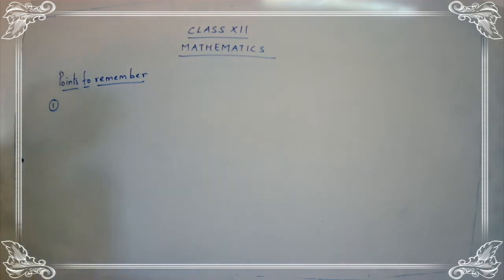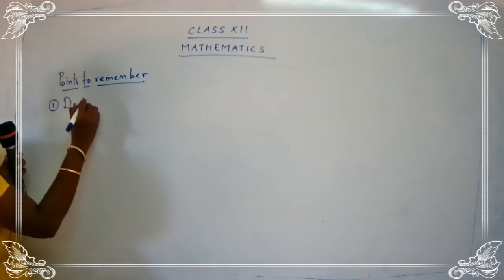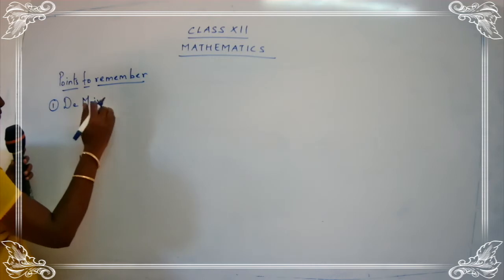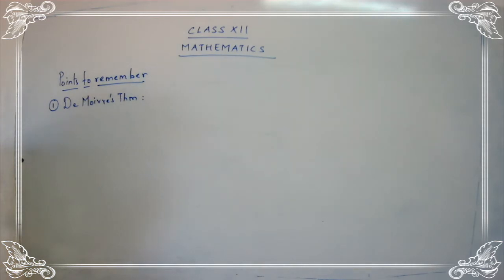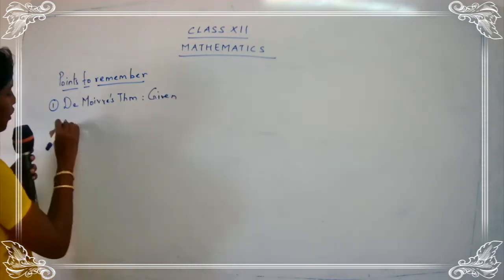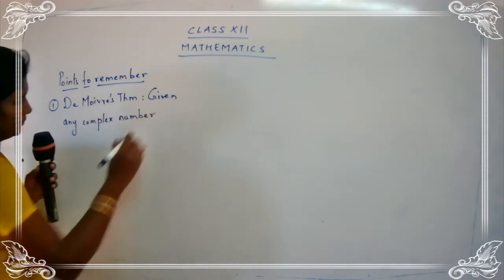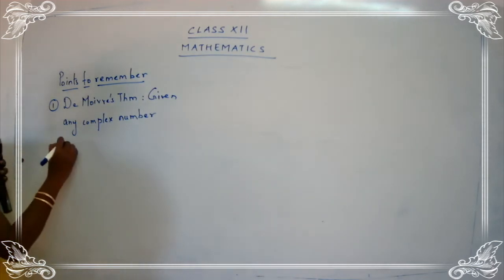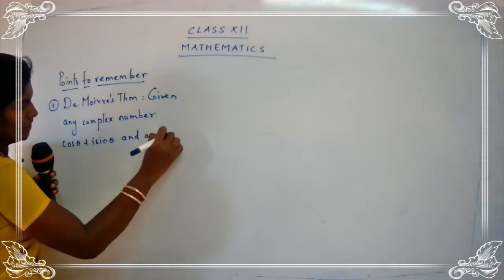The first point is De Moivre's theorem. Already we have used this theorem in our previous exercises. Just mention the theorem, De Moivre's theorem. You can just write the theorem. It is given in a blue color box. Write down: given any complex number,